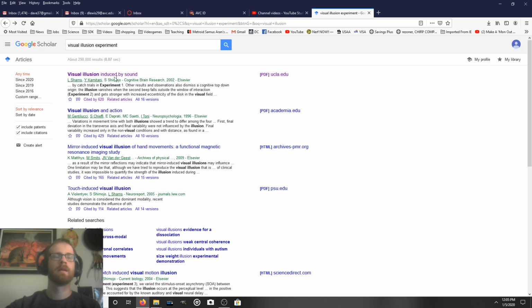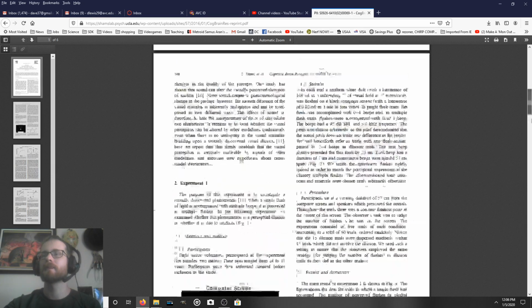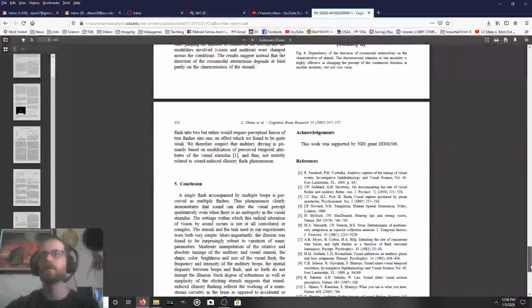So if you want to use a source for your paper, you're going to want to create a list where you put all the information for each source you've included. If I'm going to include this one, I want to put its information. Let me show you what I mean. In your references list, you want to have something similar to this. It's not going to look exactly like this. This isn't in proper APA style, but it'll look very similar.